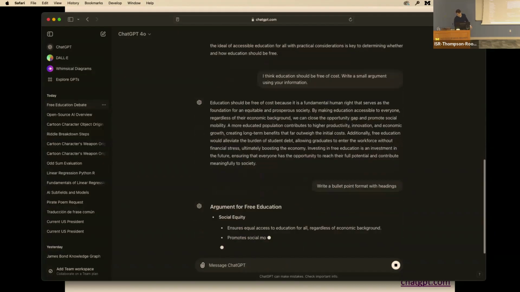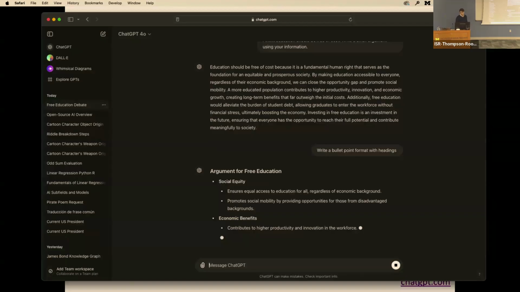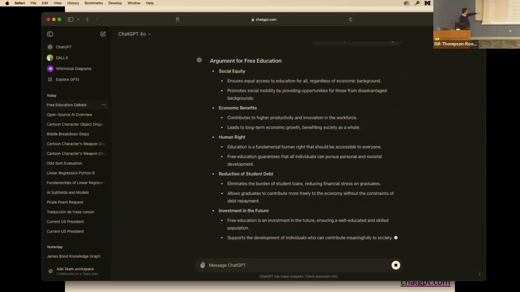I'm just going to follow up with a prompt: write in bullet point format with headings. That way we have an outline of why education should be free.